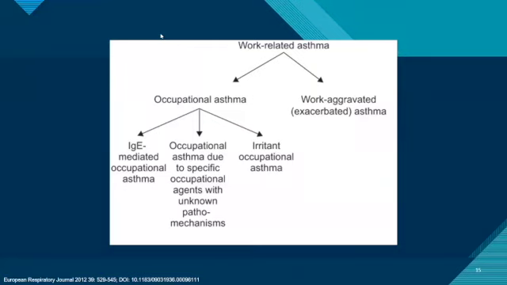So most of your high molecular weight proteins act through IgE-mediated mechanisms and a T helper cell type 2 immune response, so almost what we look at as our typical asthma. The immunological mechanisms for most low molecular weight agents have not yet been fully characterized. And these agents normally are incomplete antigens, also known as haptens, and therefore they need to bind to carrier macromolecules such as proteins to become immunogenic, and they will fall more under the unknown pathomechanisms.